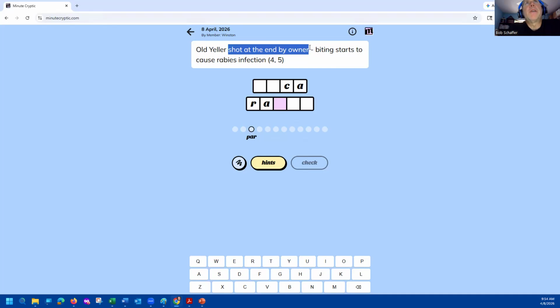So five letters that comes out of this. I feel like I'm making some progress here, but I'm not seeing what could bite these letters. And I'm having trouble with if we get rid of starts acting on owner biting. I don't know what to do with owner. I said earlier it might be an O, but if